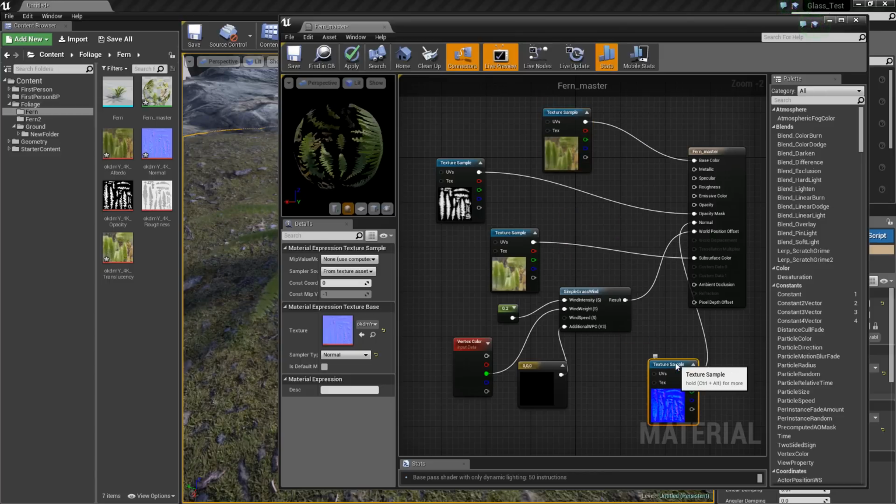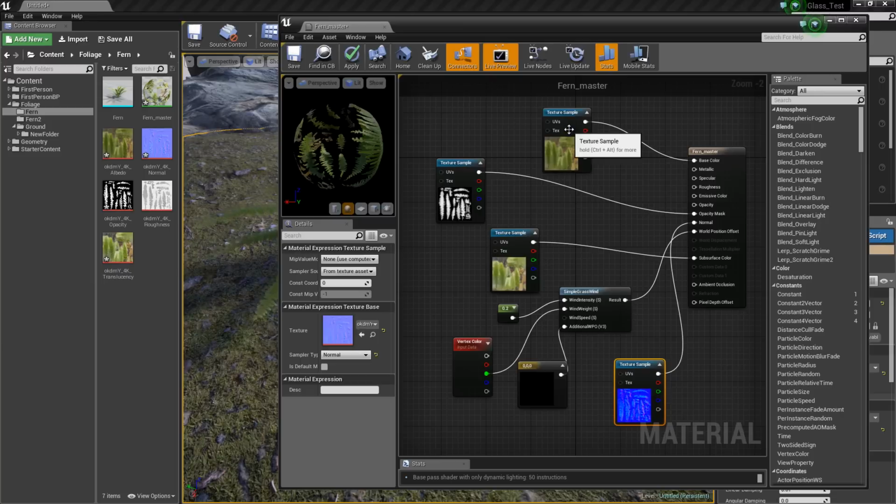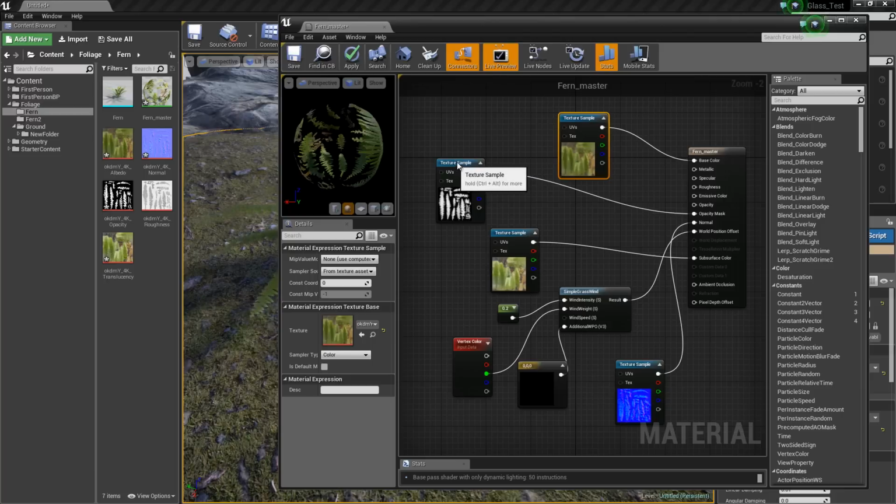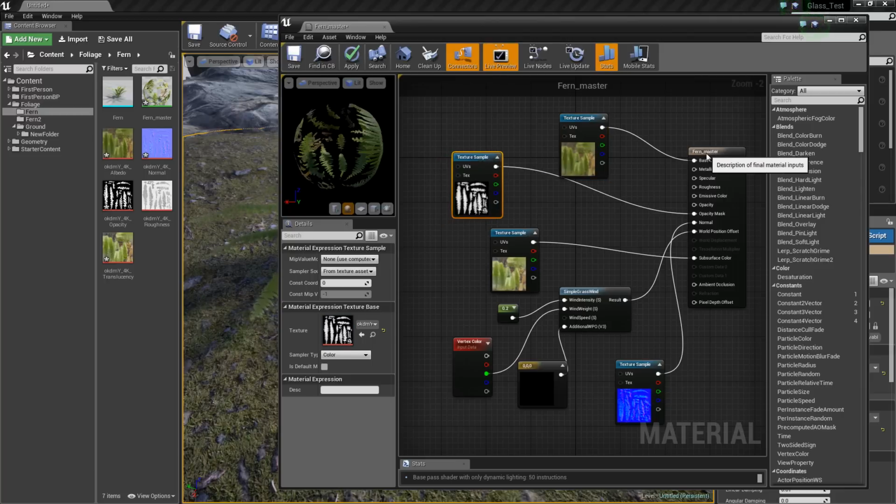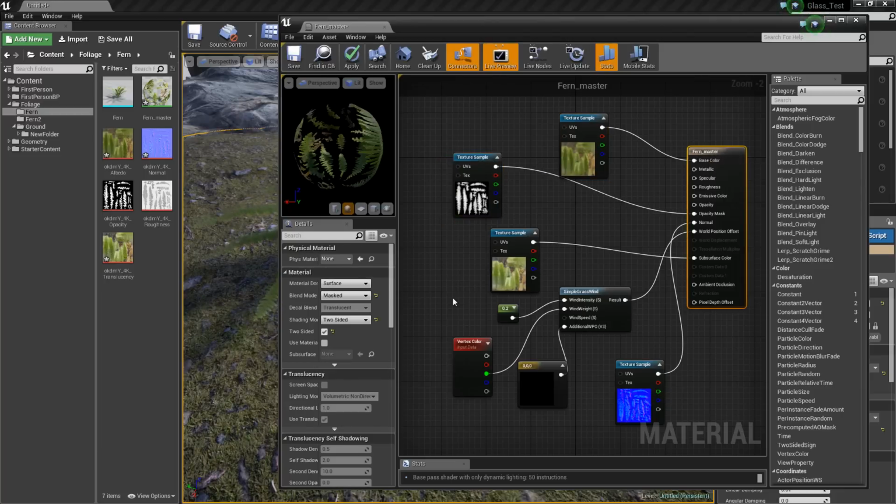We'll bring the normal map down there, and the albedo here into base color. With that master material, the most important thing to set up is to change the blend mode from opaque to masked, because we're using a mask, and that'll open up the opacity mask channel here. Then change the shading mode to two-sided. On older versions of Unreal it's called two-sided foliage, but it's the same thing. So make sure to change that shading mode to two-sided,